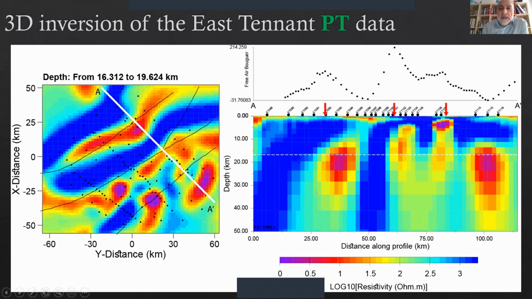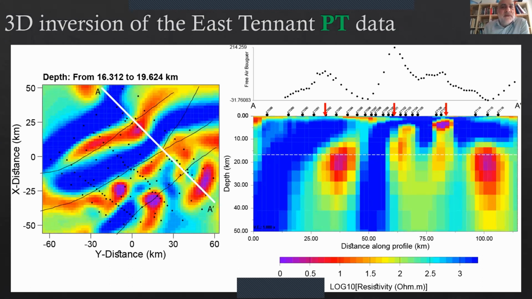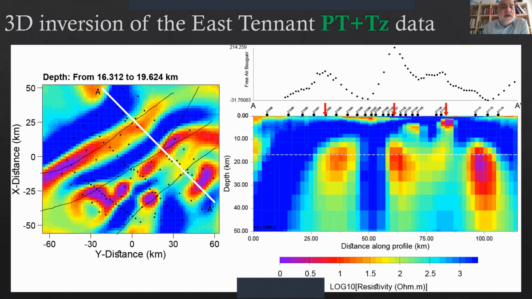Now how about if we combine the phase tensor with TIPR data? That's what you will get. If you combine phase tensor and TIPR, the conductive stripe that is observed in the northwestern direction is improved a little bit and follows exactly where we have the fault line. If I switch back and forth between phase tensor only and phase tensor plus TIPR, you will see